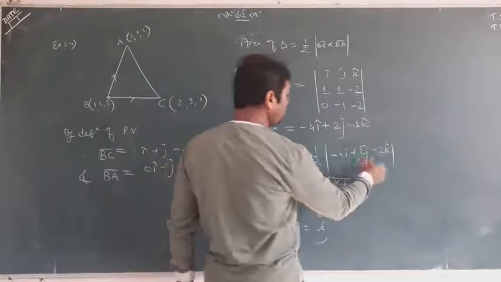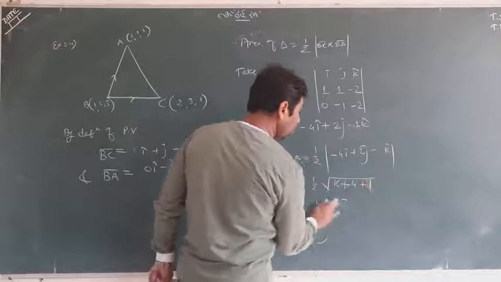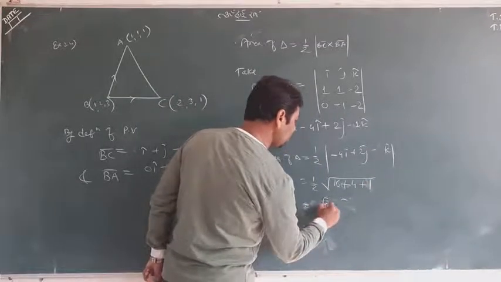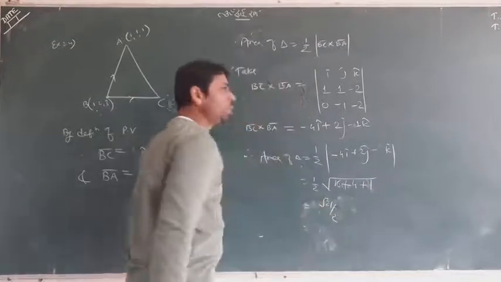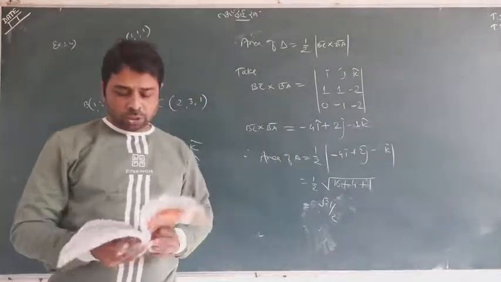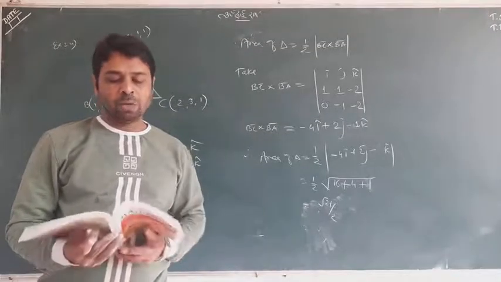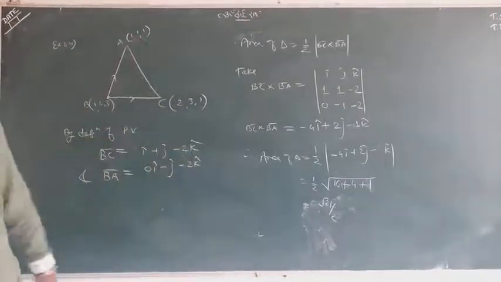So what will change? This is going to be 1k and this is going to be 1. So the whole answer will be 21 upon 2 square root. You need not write the square root like that, something like that. You can drop your answer right here. So this is example number 24. We have made it, and now I have the same question, 25th.